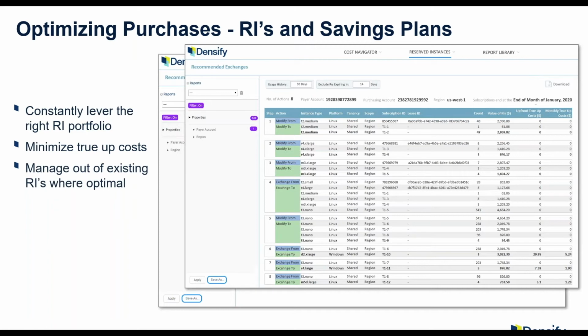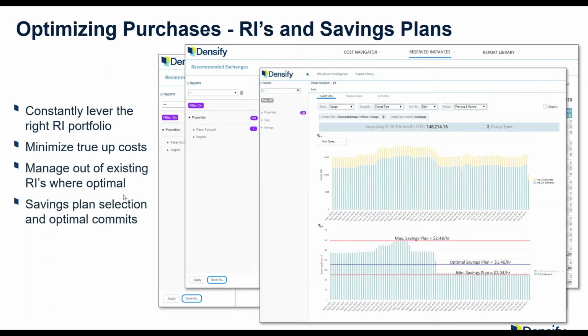We're also working with customers depending upon their overall strategy, whether they are going to remain on RIs, or trying to move away from RIs into savings plans. While savings plans are simpler to purchase and manage, not all customers go purely to savings plans, because savings plans don't cover the same resources as RIs. For example, RDS, DynamoDB, ElastiCache, etc., are not covered by savings plans. So you may need a portfolio mix of RIs and savings plans.